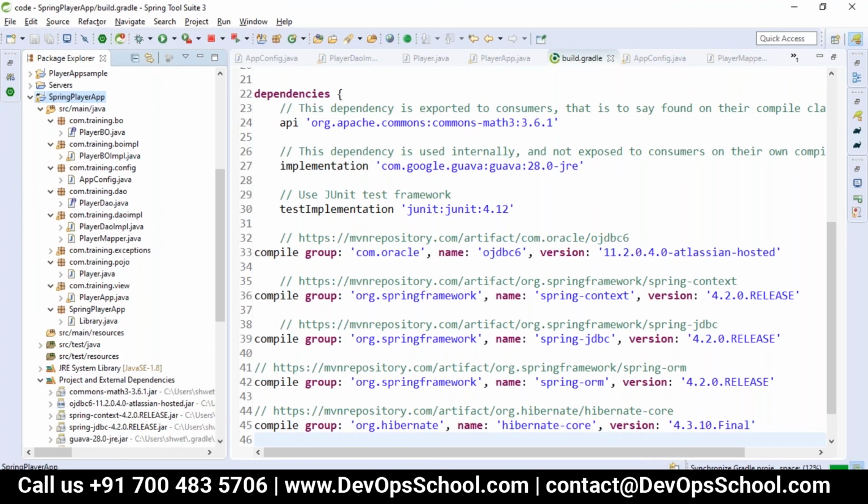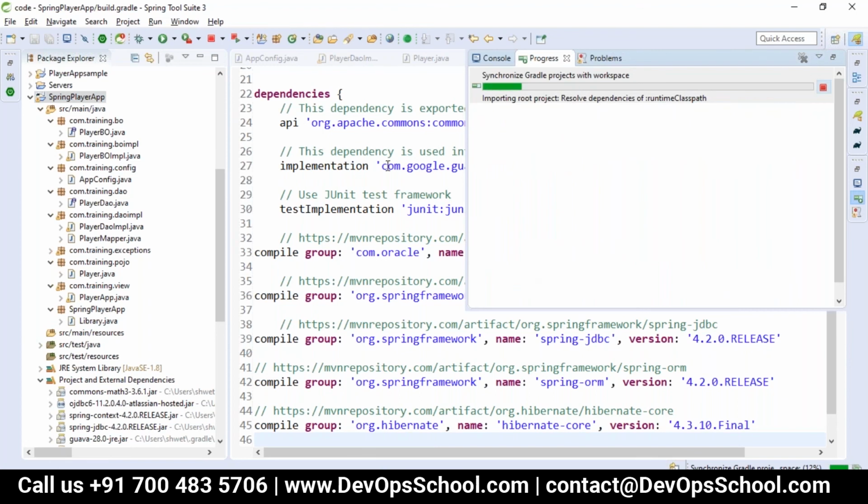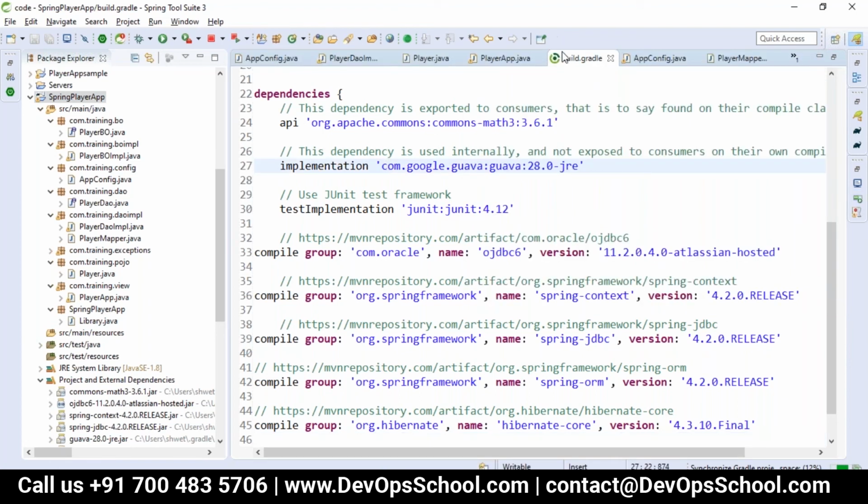It's just getting the jar files for us. Let it download the jar files required. So whenever we go here, now with Hibernate, you want to do it.